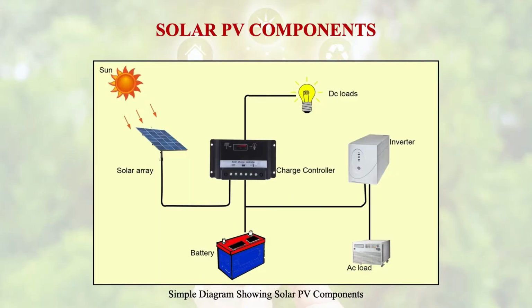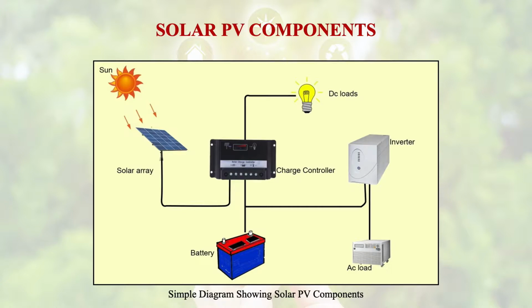Then, the various components used when we make a solar PV system. So what are these various components? In the figure, I'm giving one idea: a very simple kind of PV system is shown here, which has the solar array, which has the solar modules. Then a charge controller is there. The battery is connected here, with the charge controller.